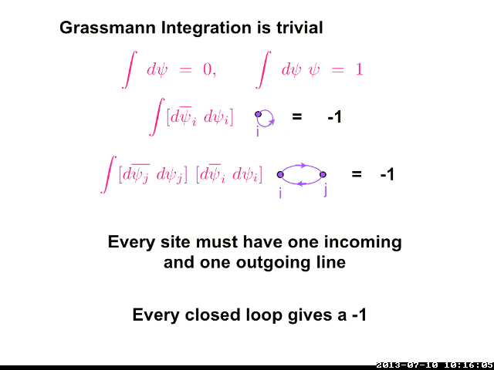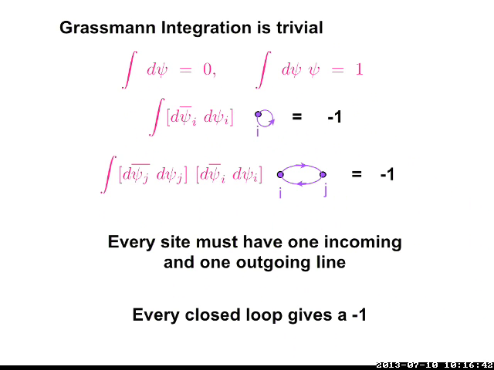So then the Grassmann integration is trivial. If you don't have a particular psi or a psi bar on a given site, then that integral will be 0. So I need to make sure that every site has one psi and one psi bar. And now if I have exactly one psi, the integral is 1, but then I have to keep track of how, oh, this is wrong. This should be d psi bar I, d psi I, and then psi bar, oh, this is this term, yeah, exactly. So if you have this term, then if I integrate out because of this loop, I get a minus sign, and again every loop leads to a minus sign.